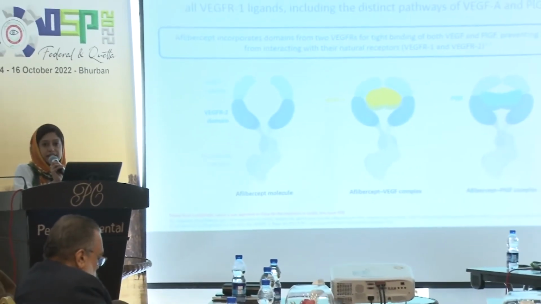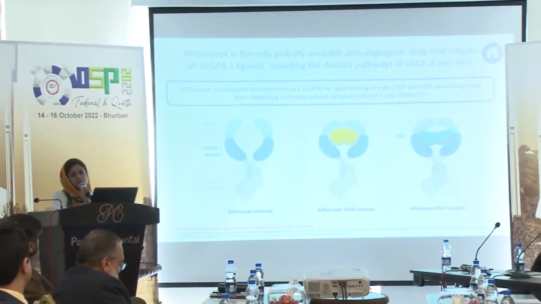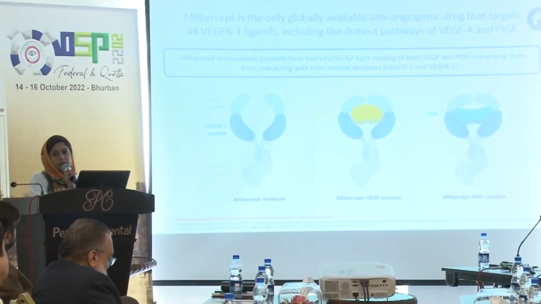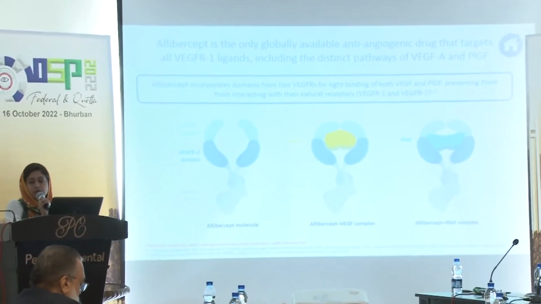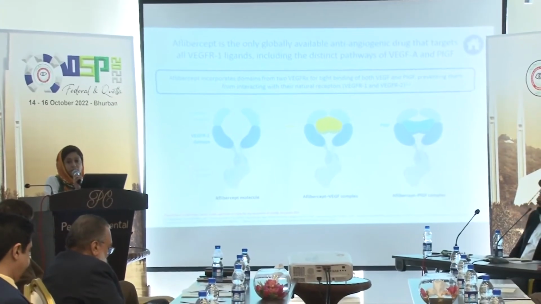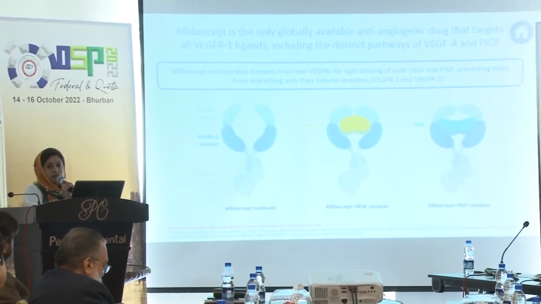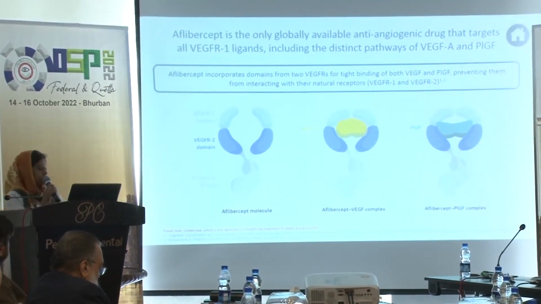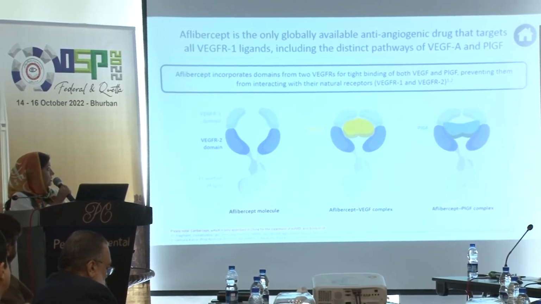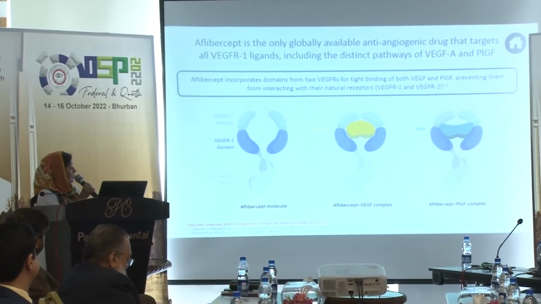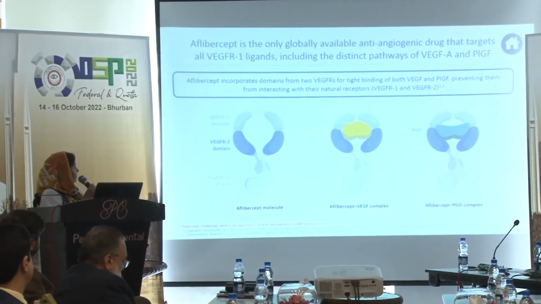So has anyone heard of the Quetta mice? When they were developing Aflibercept, they worked on the Quetta mice model. Obviously we couldn't just start testing on humans, so they genetically reprogrammed the mice so that the poor mice became diabetic. And once they were diabetic, that is when they took out samples from the vitreous and realized all this evidence we have available today, that VEGF levels go up and receptors are upregulated. So those Quetta mice led to what we know now, that Aflibercept is the only